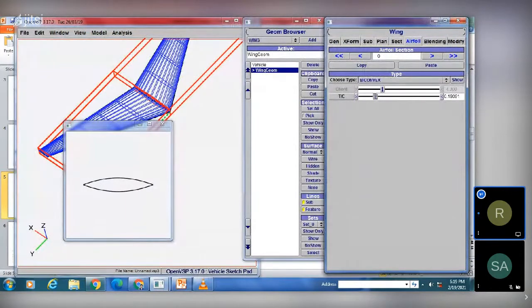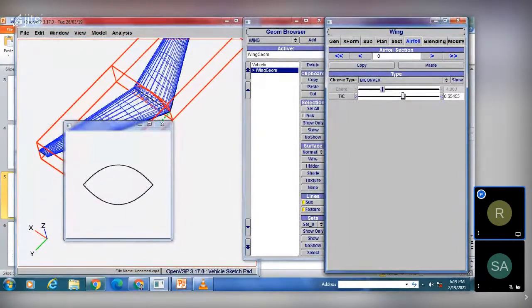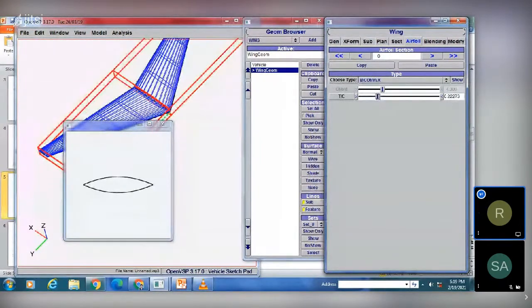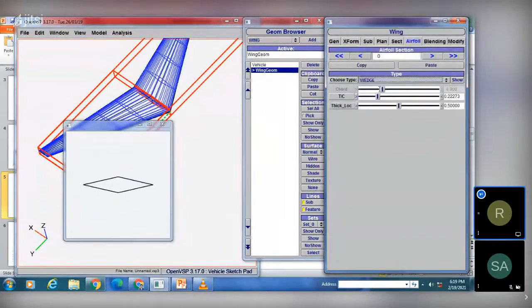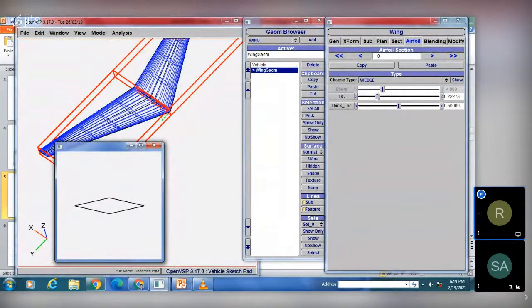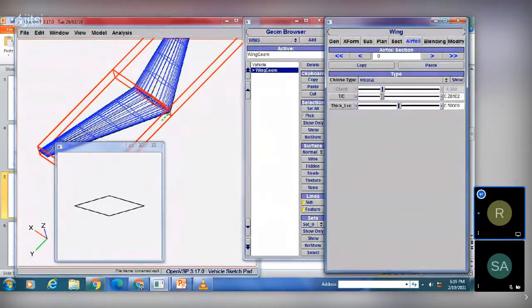You can increase the thickness to chord ratio of that aerofoil, or you can decrease it. You can even select the best aerofoil. See, here the wing shape also changed, and you can increase the thickness to chord ratio and change the